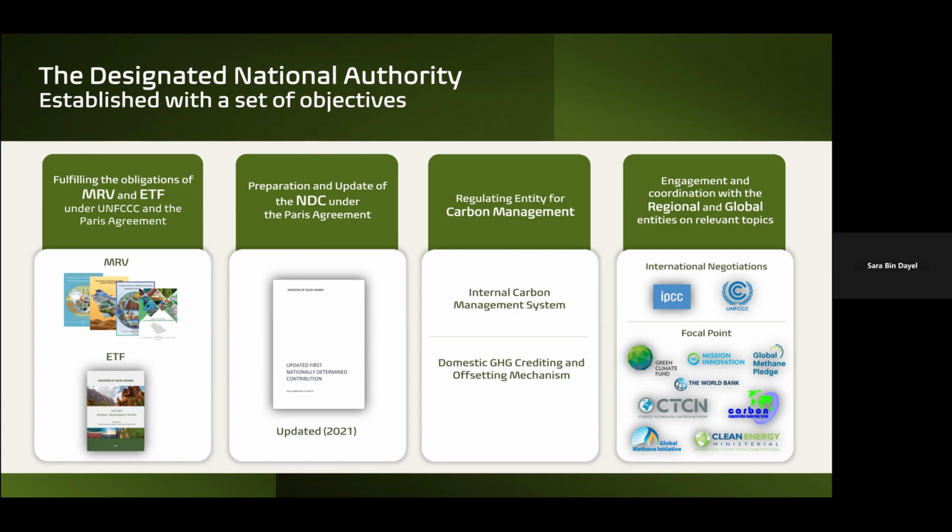Second, the DNA is tasked with preparing and updating the kingdom's nationally determined contribution, NDC, under the Paris Agreement. Third, we serve as the regulatory body for carbon management in the kingdom, including launching and operationalizing the domestic greenhouse gas crediting and offsetting mechanism. And the DNA also actively engages and coordinates with regional and international entities on relevant climate-related topics, whether in negotiations in forums like the United Nations, the UNFCCC, IPCC or IMO,